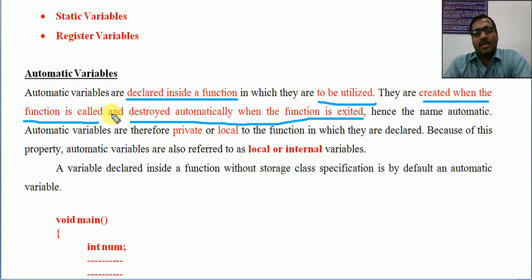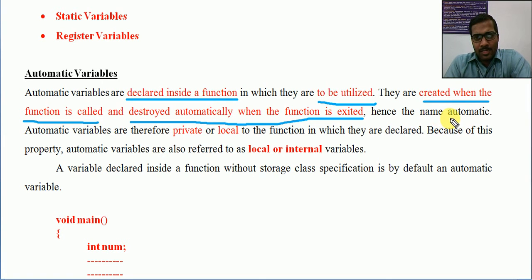Initially I mentioned it is initialized, because normally when we declare a variable we need to give it some value, even if we are scanning it. So the variables declared inside a particular function are utilized as part of that function.